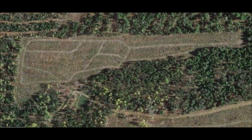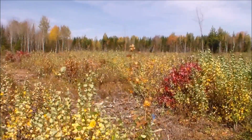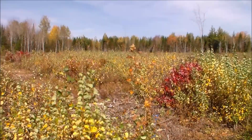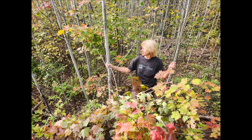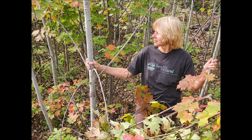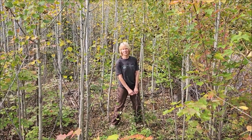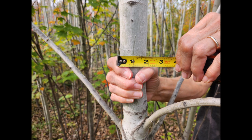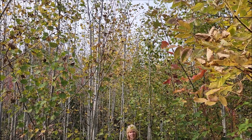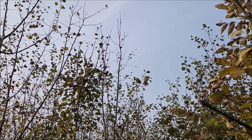Back in Chapter 4 of this series, we visited our Northeastern clear-cut that was blessed with the desirable natural regeneration of predominantly aspen. This photo was taken in September 2020, and these photos were taken in exactly the same spot 2 years later in September 2022. The aspen are now over 20 feet tall and many, like this one, 2 inches in diameter. 20 feet equals 6 meters, and 2 inches equals 5 centimeters. Not bad after 4 growing seasons since our winter